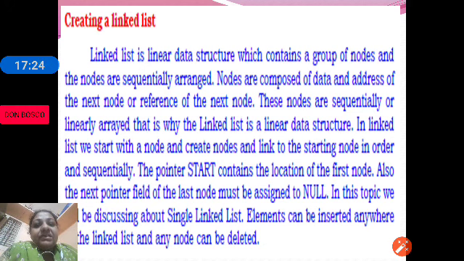So always the last node's link is null, indicating the last node. As per your syllabus, we will be discussing singly linked list.